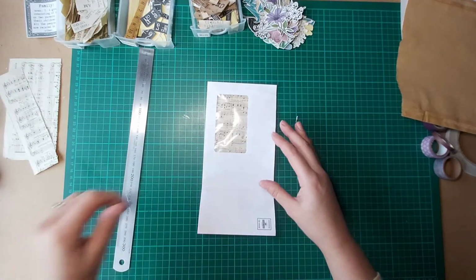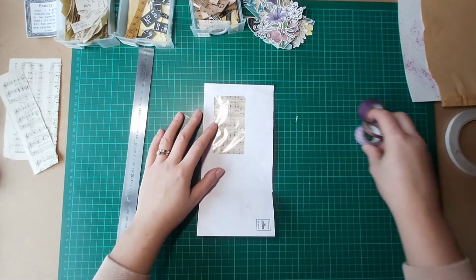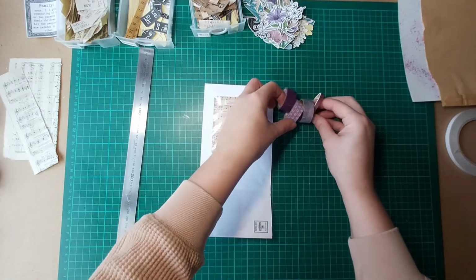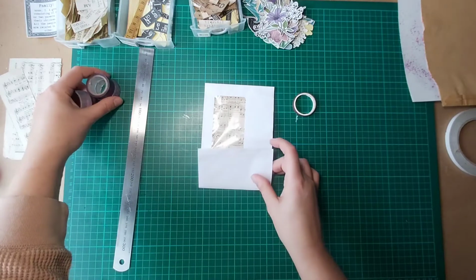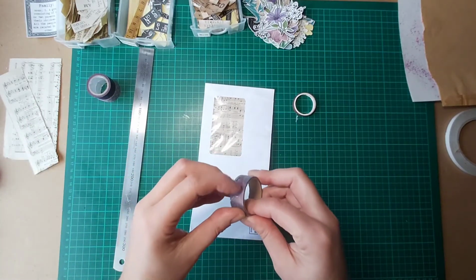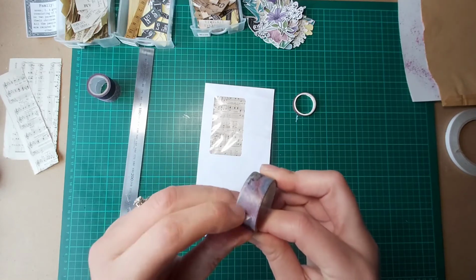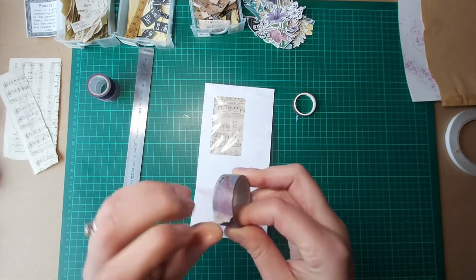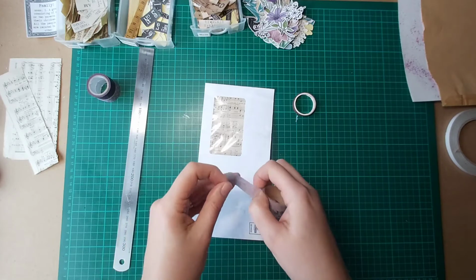So let's have a look. So I have some different purple washies. They don't necessarily all go together. Those two aren't too bad together, and those two aren't too bad together. So if I use those on the pockets, and I can use these up here just to kind of add. So the decorating part obviously is completely up to you, however you want to do it. You don't have to use washi tape, like I said, I'm just trying to get rid of some of mine. You could of course use